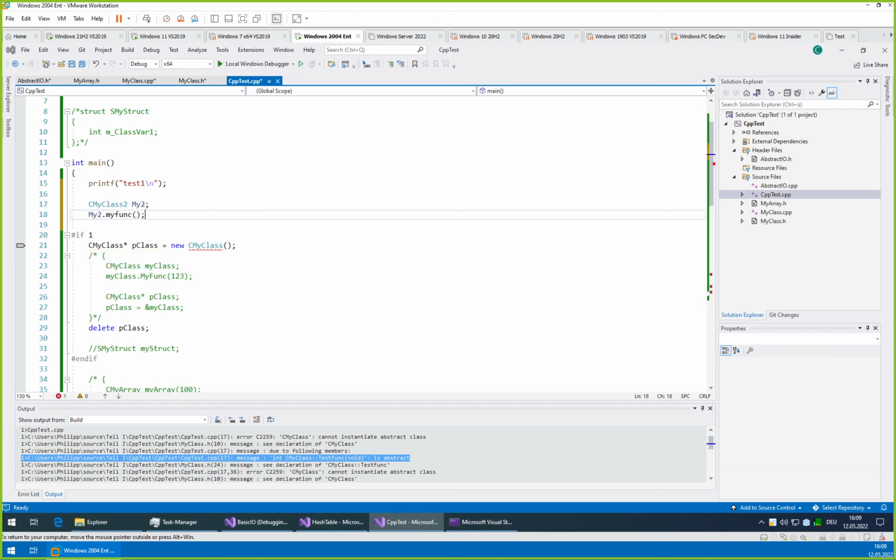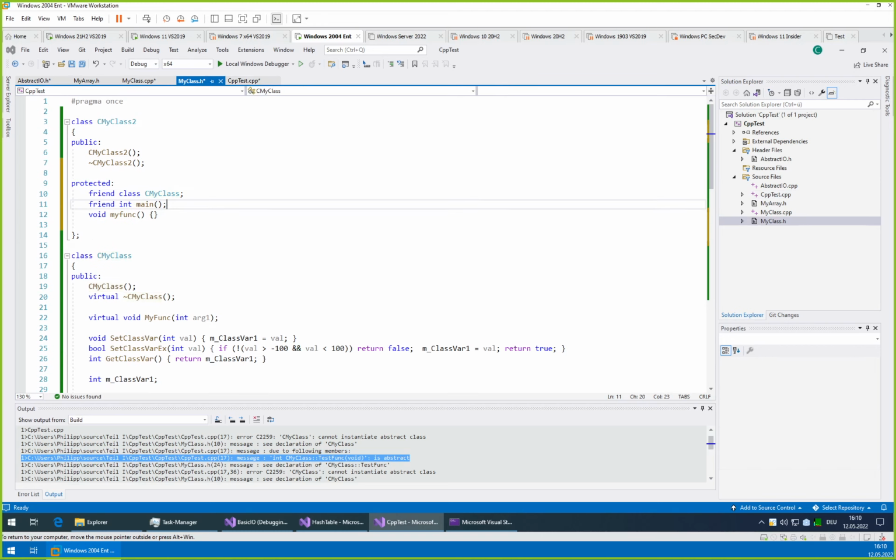So this much to that. Usually you would probably not do it with functions, just with other classes, but if you need to, you can.